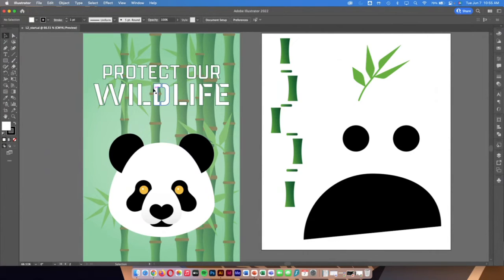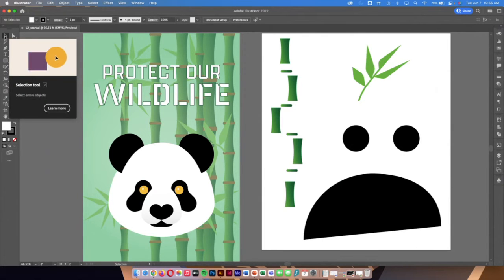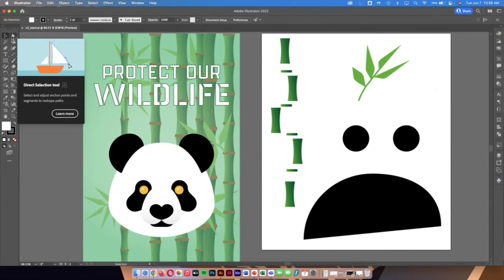I've got this artboard on the left, which is really my production artboard. This is the thing that's going to be the final piece. And then my artboard on the right are just objects that I'm going to use to edit and then bring over here to fine tune the art. So first thing we're going to take a look at in this lesson are the selection tools. These are these two tools up at the top. You're going to notice that there's two selection tools. There's the regular selection tool, which will grab an entire object just like it says. Then there's the direct select tool. The direct selection tool is going to let you edit individual anchor points so that you can modify things